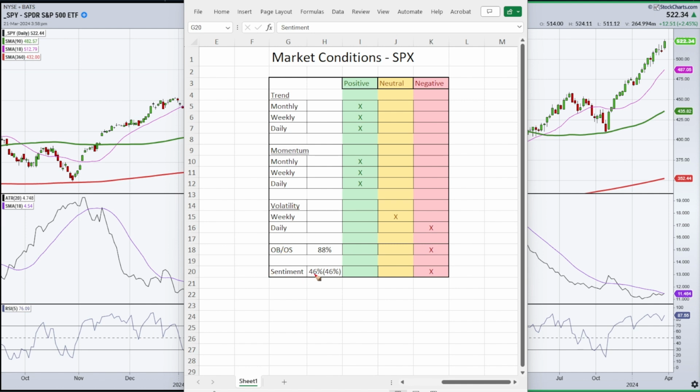But we'll start out with the sentiment, and I use the Investors Intelligence Sentiment Survey. It's staying the same, up in this 46 region. This is a very bullish reading, and that's a negative when we get too many bulls. It's hovering anywhere from 35 to 45%, and right now we're at 46. If we get closer to 50, then that's really a danger zone. Right now, I just think the risk is higher.